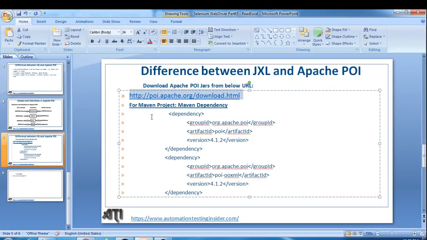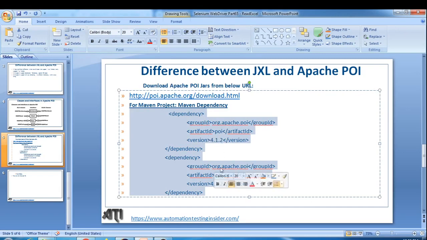And in case you are using a Maven project, we have a couple of dependencies for poi and for poi-ooxml. These two dependencies are required. One important thing is you should have the same version for the first dependency, poi, and for the second one as well. Here I have 4.1.2, that is the latest one, and here we have 4.1.2 as well, so both should be the same. Okay, now let's